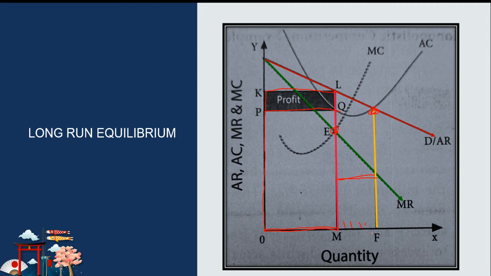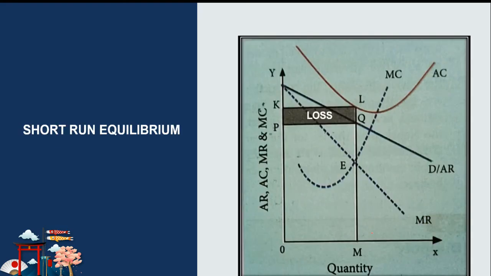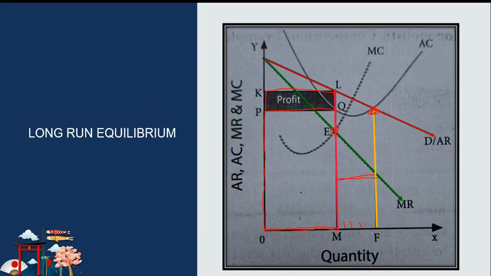So we have some questions to be discussed. Question number 39. Explain price and output determination under monopolistic competition with the help of diagram. If they ask this question, you must draw 3 diagrams and you have to give 3 explanations. Because in the short period, you have 2 diagrams, one for profit, the other one for loss. And for the long period, you have only normal profit. So, 39th question means you have to draw this diagram, explanation, this diagram, explanation, and this diagram, explanation.